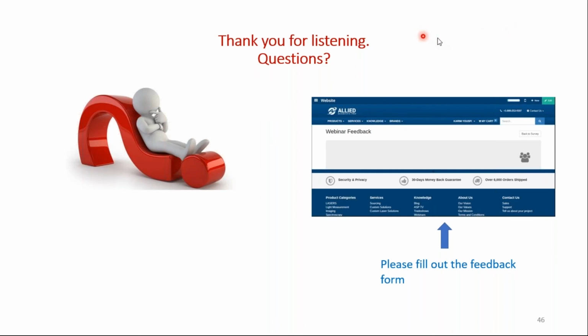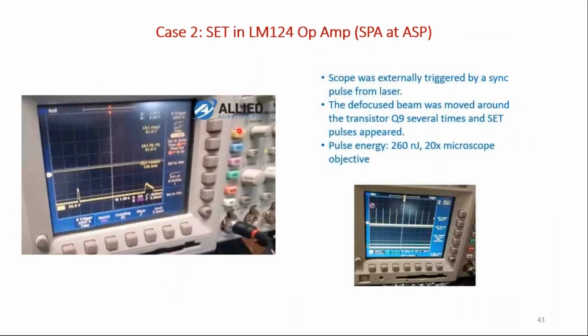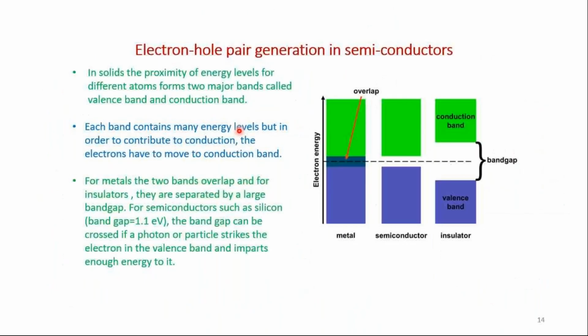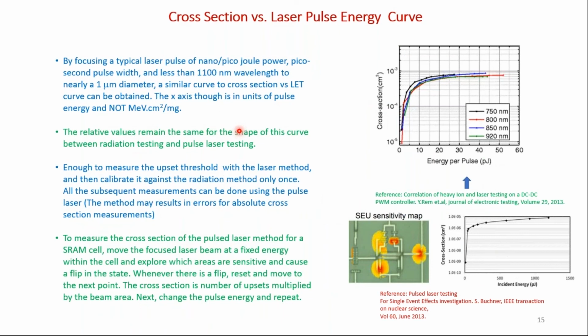This calibration was addressed by some of the pioneers of the field. Let me go to the particular slide to be able to answer this. The shape of this cross section versus pulse energy would remain the same. So if you do this with the particle accelerator, you get a shape like that, right? You would know the relative intensity of different points where you get that cross section. So once you go to the accelerator, you will get these values, but your